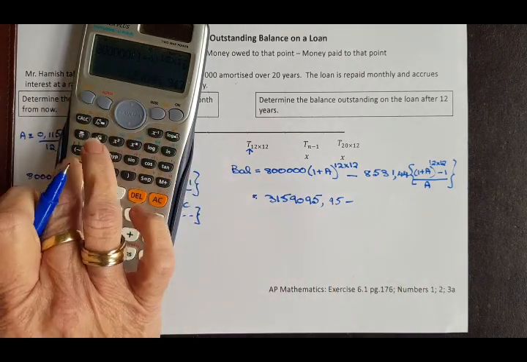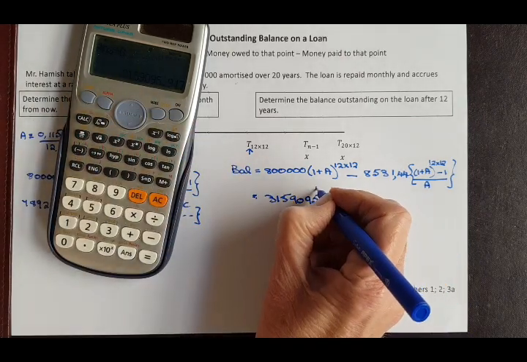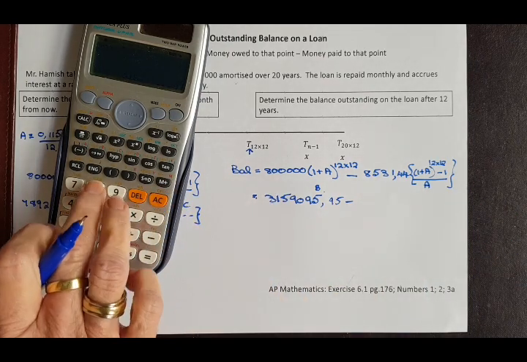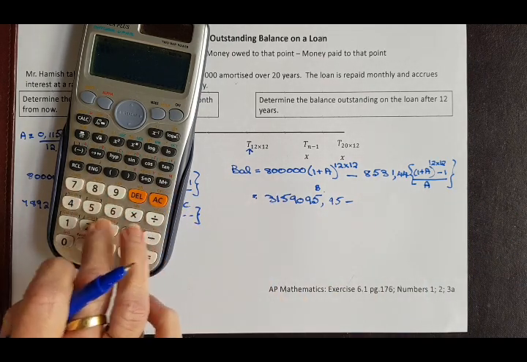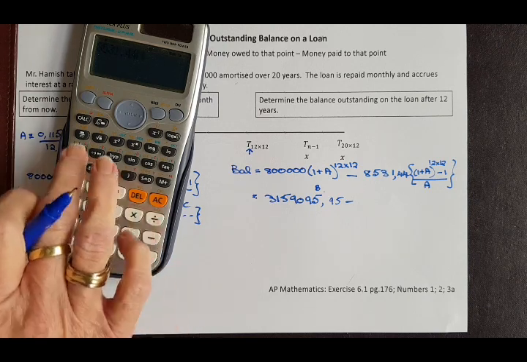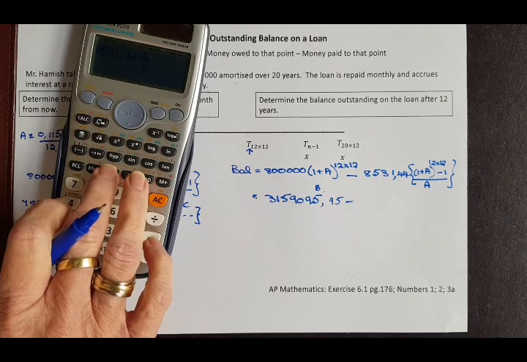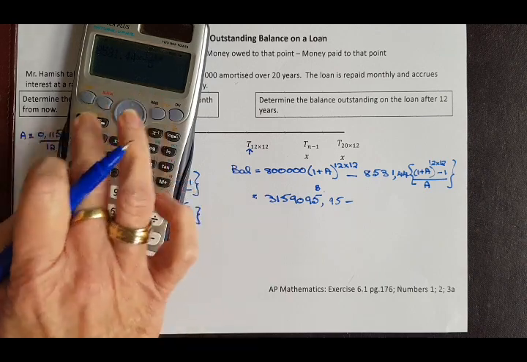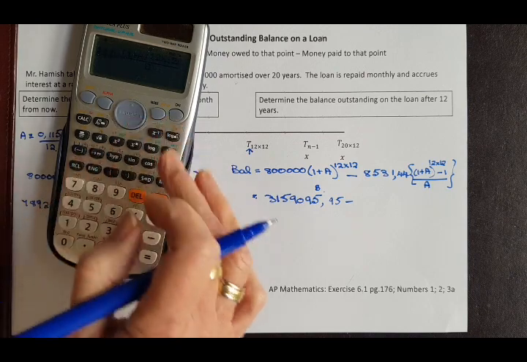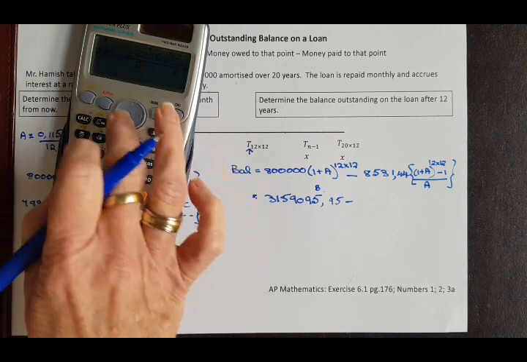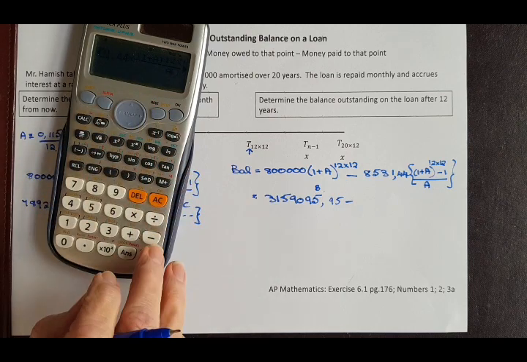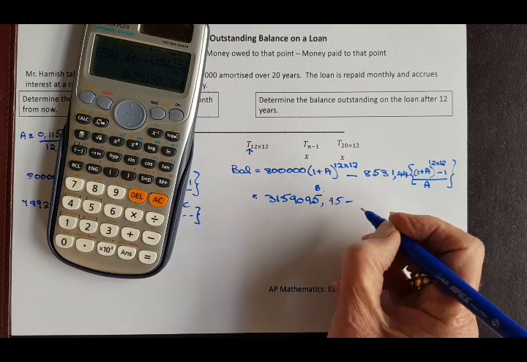I'm going to store that in memory B. Now I'm going to subtract this value over here. 8,531.44 multiplied by, open bracket, 1 plus alpha A, close bracket, raised to the power of 12 times 12, subtract 1, over alpha A, equals